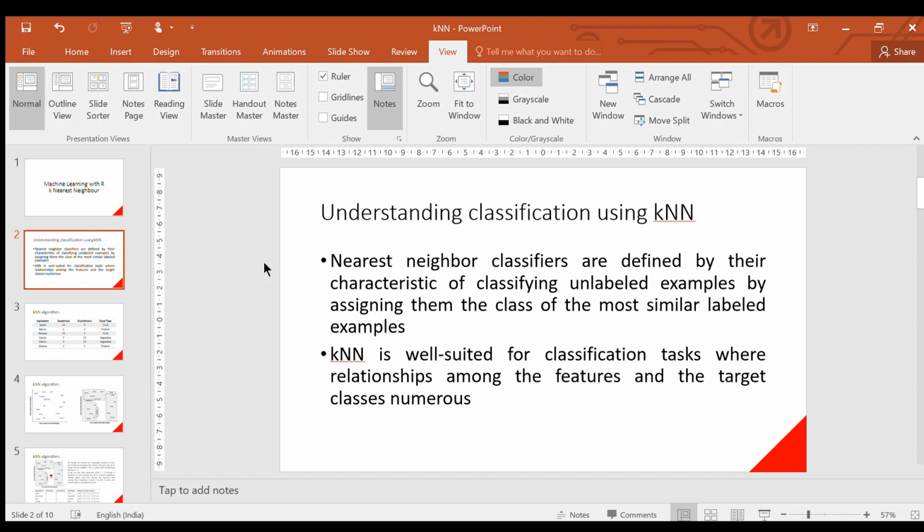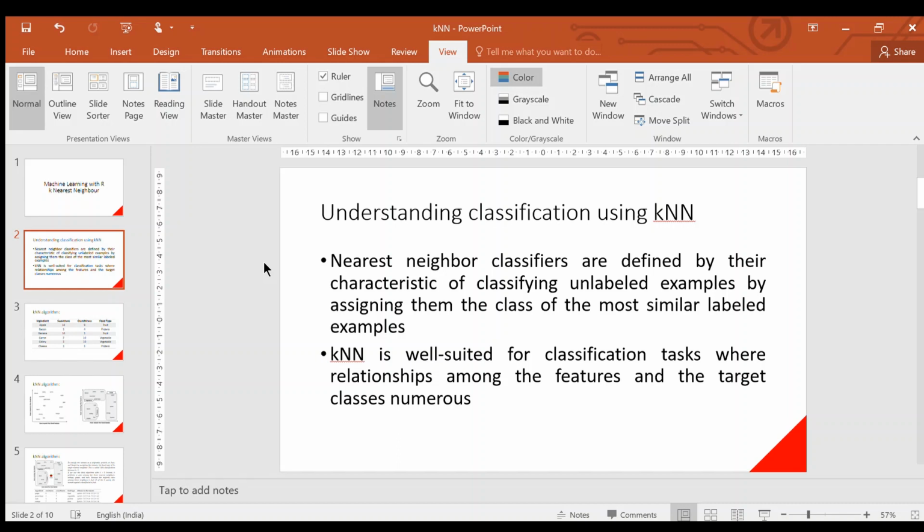So what is KNN? The nearest neighbor classifiers are defined by their characteristic of classifying unlabeled examples by assigning them to the class of the most similar examples. Put simply, the nearest neighbor algorithm does not make any assumptions about the distribution of the data, and it does not build any models to understand the label of the test data.